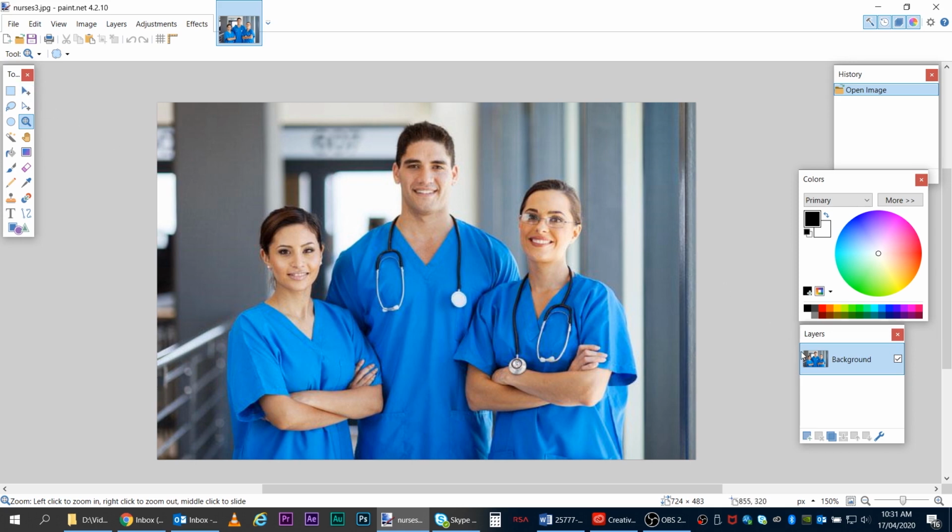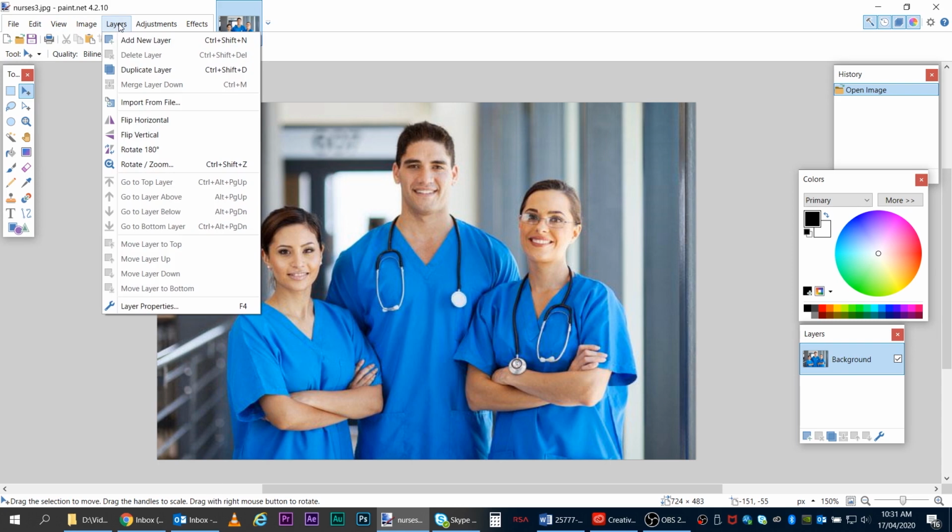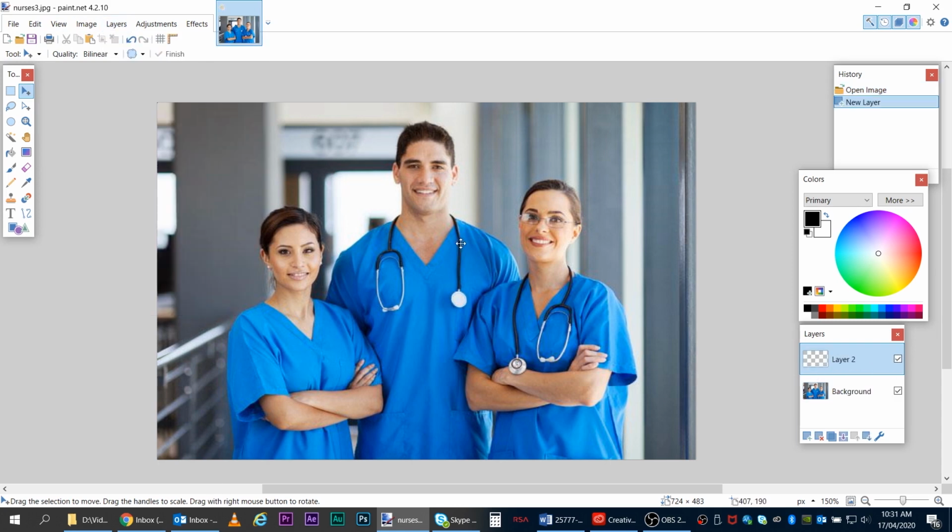So the first thing that you're going to do is add a new layer. So to do that, you go up to Layers and press Add New Layer. Easy as that. Now you're going to want to bring in the logo that you want to be adding to